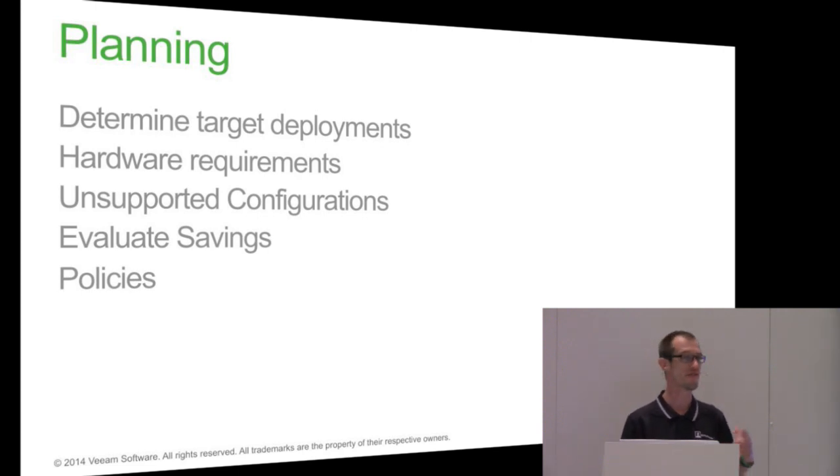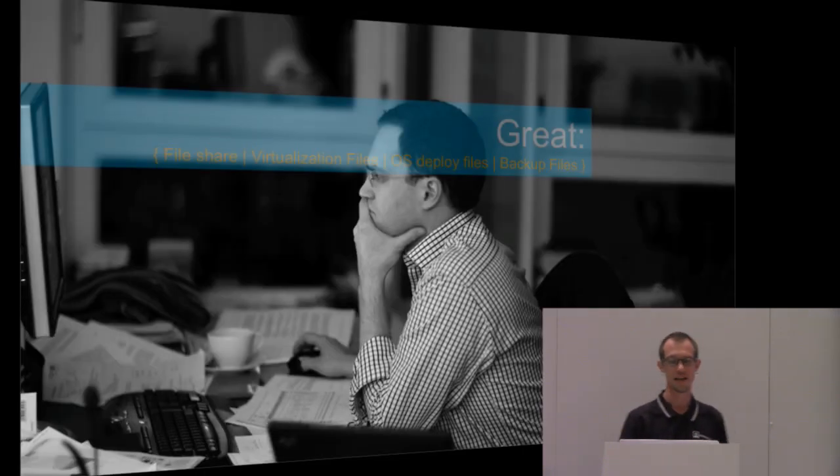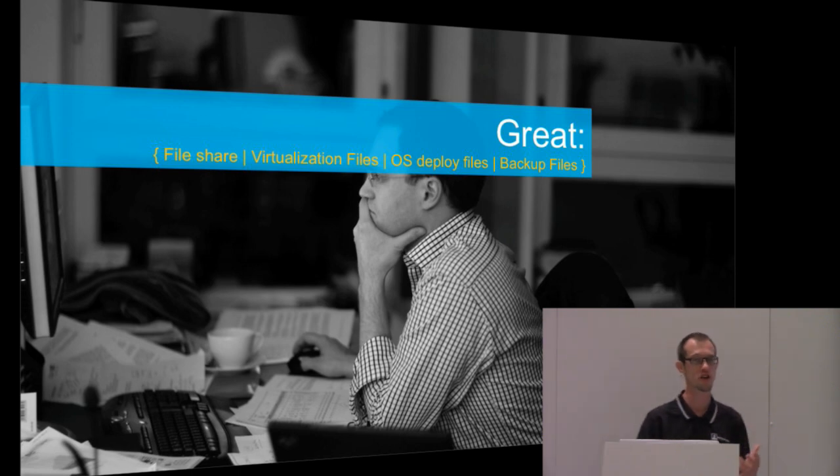You need to evaluate your savings, see if it's really a good idea to deduplicate, and you're going to have to look at your policies and adapt the specific deduplication policies for Windows Server to your needs. Now let's have a quick look at what good target deployments are. Anything which is file shares, virtualization files, meaning images, stored VHD files, deployment images, backup files, for